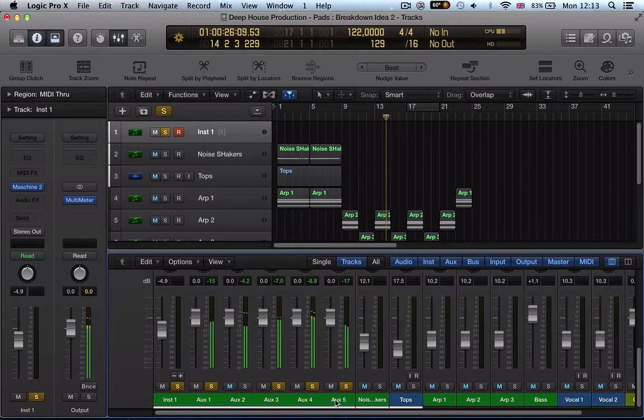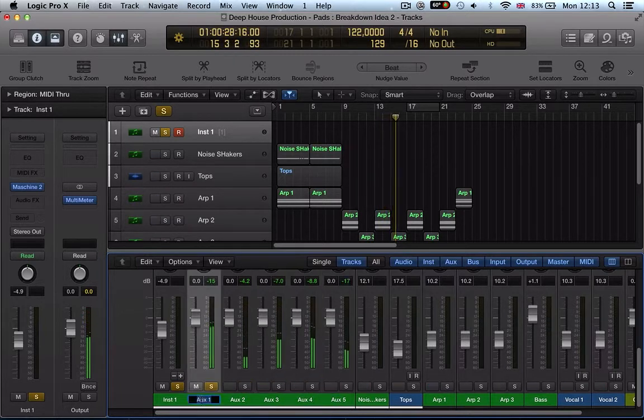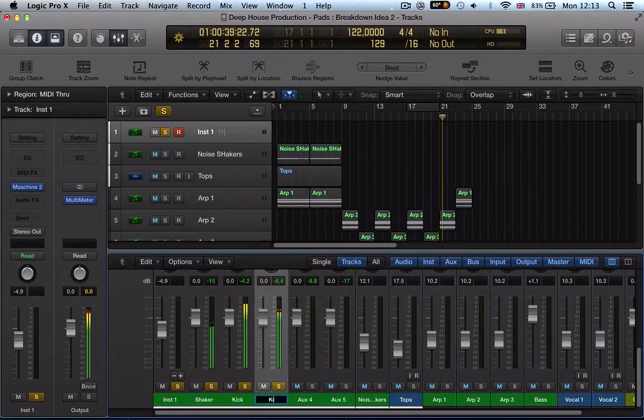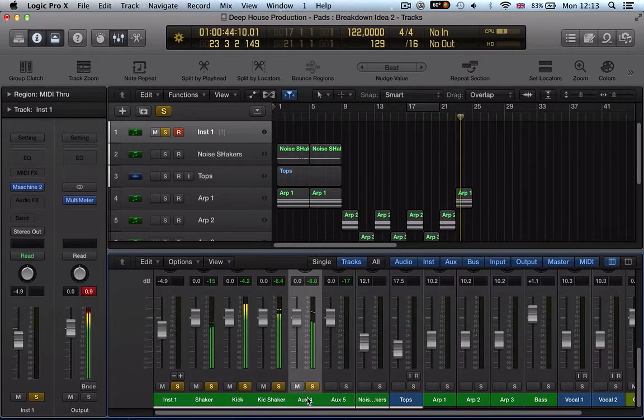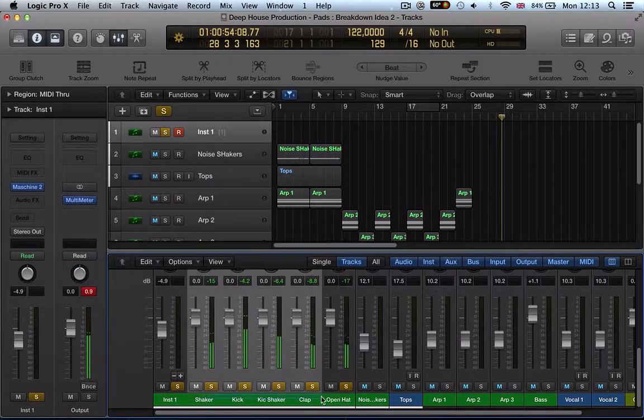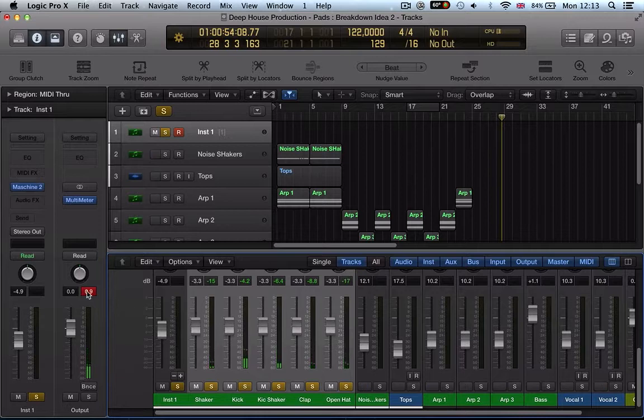So let's maybe label these up then. Shaker, kick, it's like kick, shaker, clap, open hat. So we've routed the audio externally,